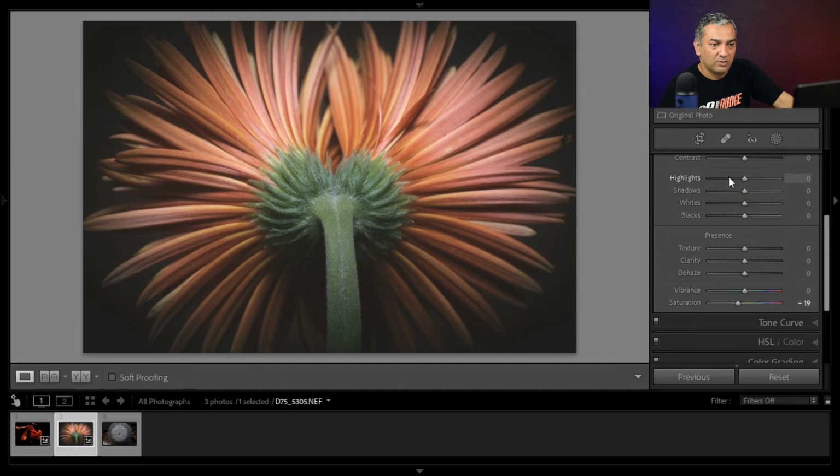Let's take out the highlights also, so we'll see more details. What else can we do here? We can improve the clarity here. A little bit of vibrance.